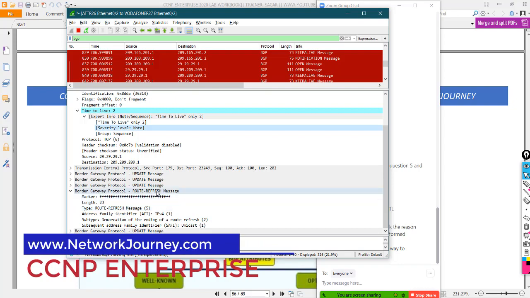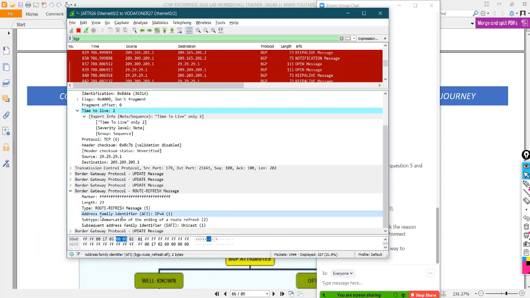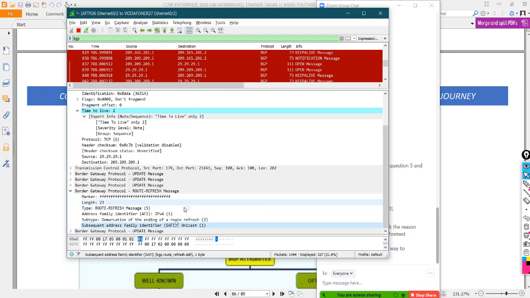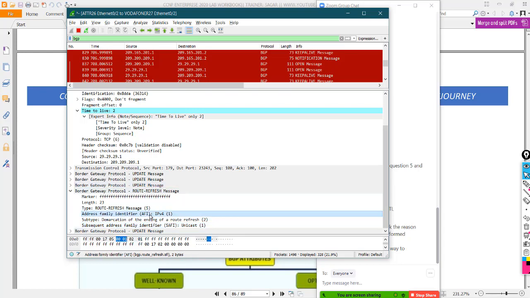Within route refresh, you see something called AFI, address family identifier, and you also see SAFI, subsequent address family identifier. So these are two with respect to the identifier or the IP address or the update of the source. There was one question regarding this, might be I'll bring it up in the next class.